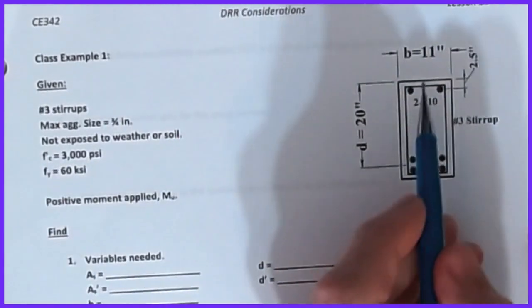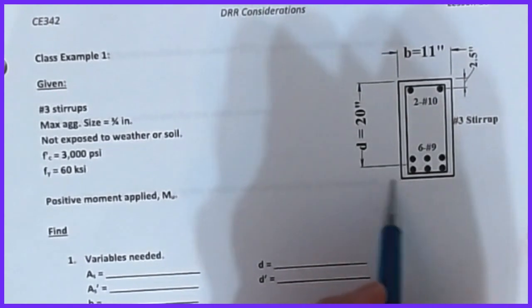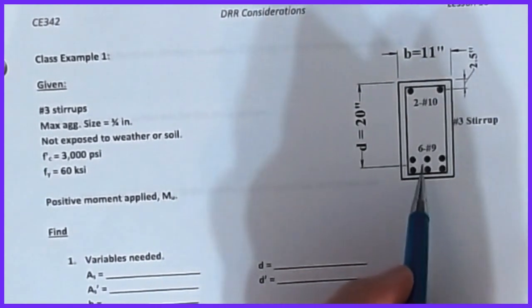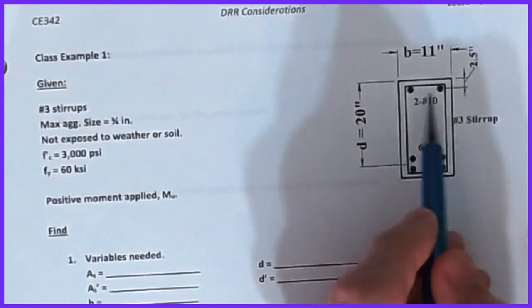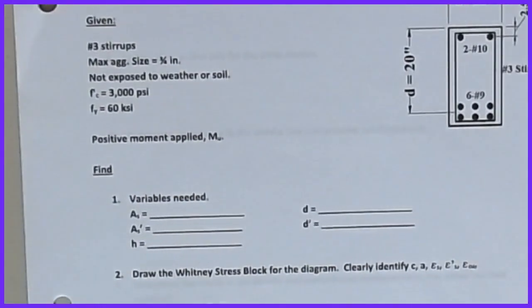Okay, I have a rectangular section. It has a width of 11 inches, a D of 20 inches. I'm not too worried about the H or the cover on this. And in this, I'm putting 6 number 9s in the bottom, and I'm putting 2 number 10s in the top, and I have a number 3 stirrup on this. Okay, so